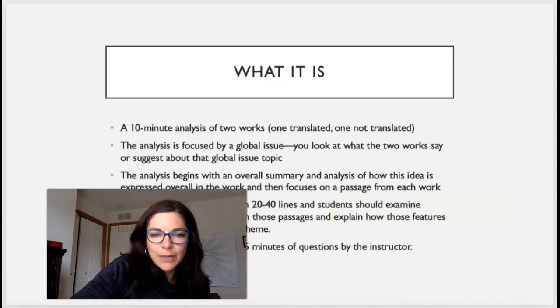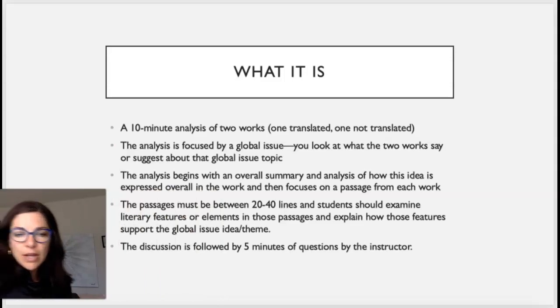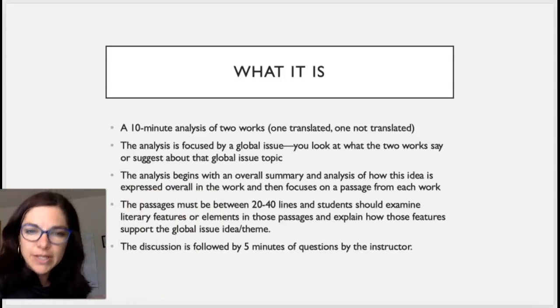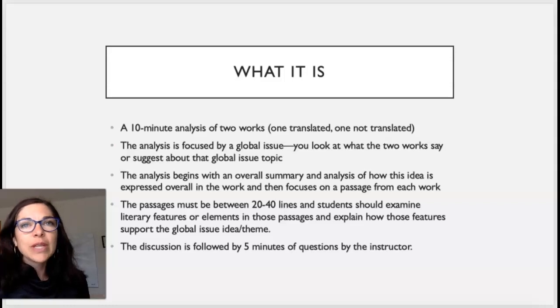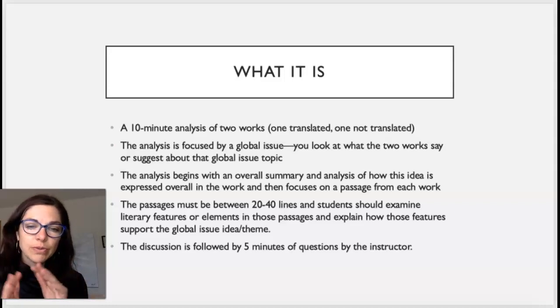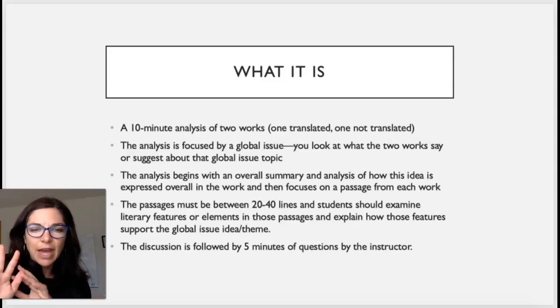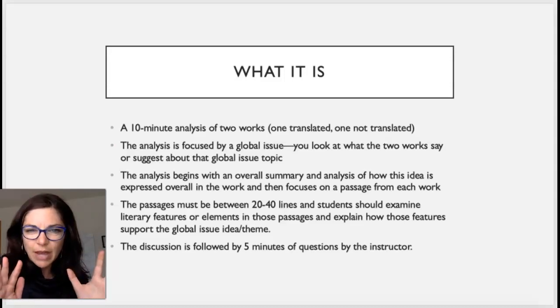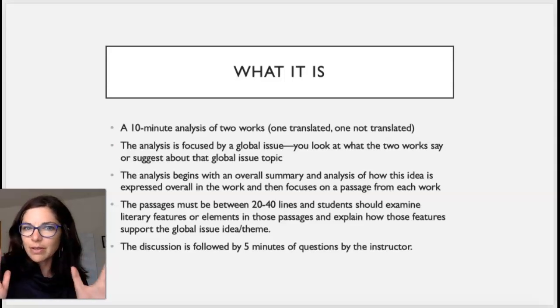Here, I'm going to move over here. One of the works is translated and one of the works is not translated. And so you really have to focus on a global issue, so some sort of topic that you're looking at. It's not a sentence, it's a topic. And then this global issue fits into one of the 5 categories. I wouldn't stress too much about the 5 categories because most everything is going to fit into one of the